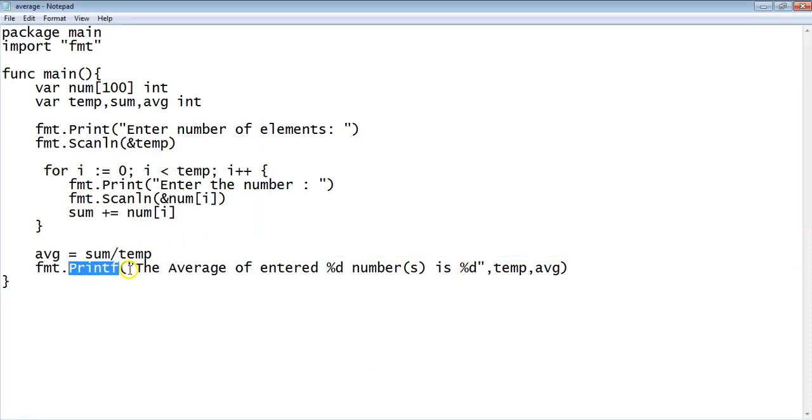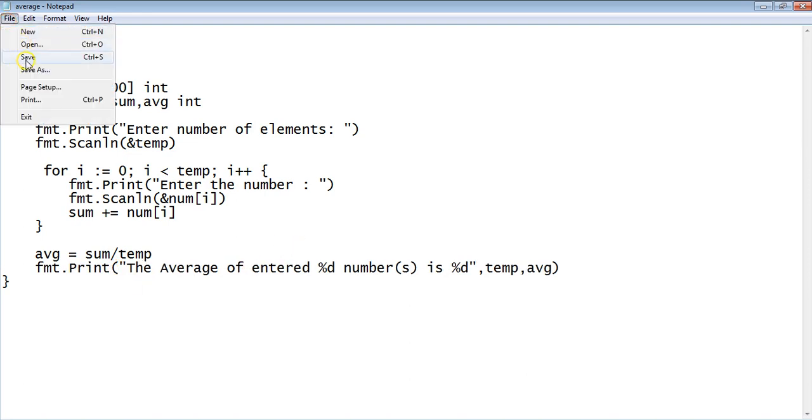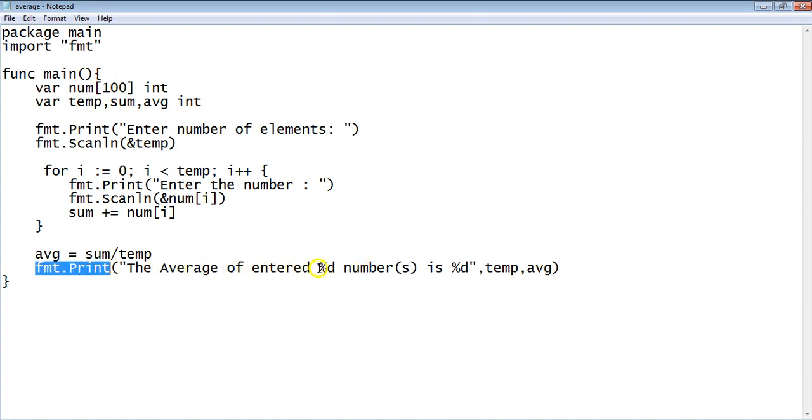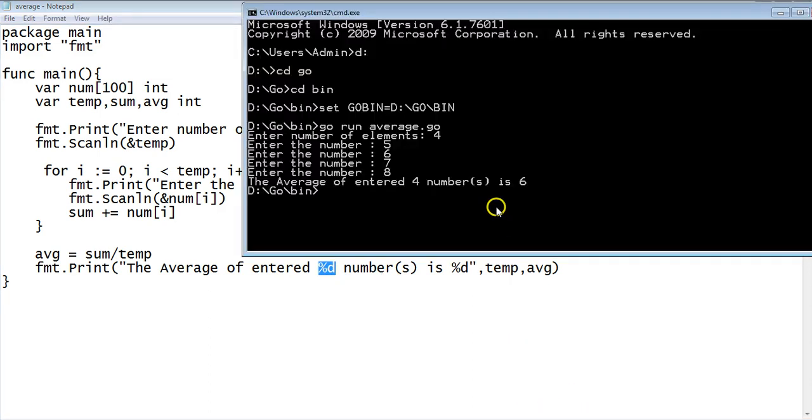Okay, so let's try the same program with the print statement now. I'll tell you, this particular print statement is not going to comprehend properly that the %d is going to be an integer, and it's just going to give the output. Okay, just see here.